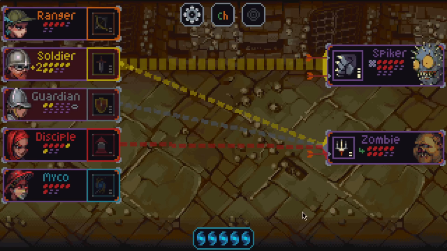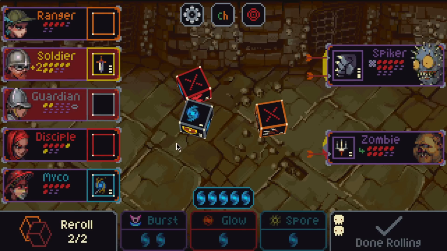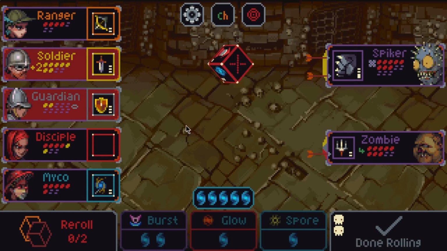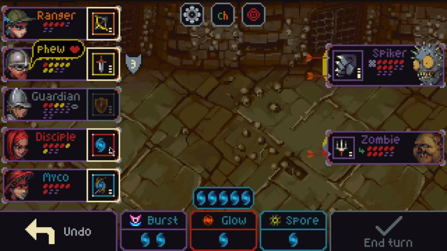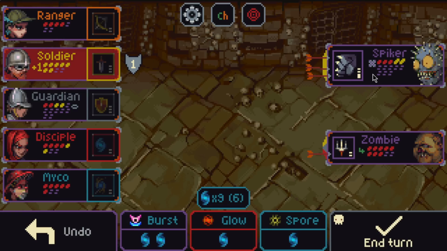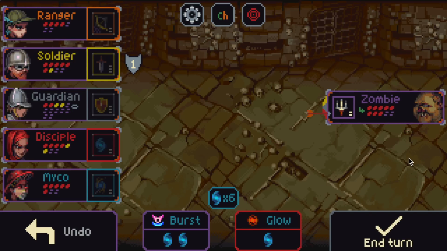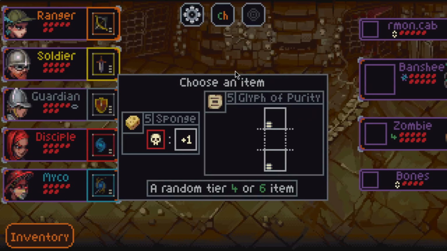Good to optimize, I feel. Take a look here at the extra HP from my Guardian saving people, by the way, because I think he's a baseline 8 HP character. And so he's just sitting here living things he shouldn't live because of a tier 1 item. Pretty good. I can score pretty reasonably here. At this point, I'm not too worried about the zombie. I can just kill him naturally, but